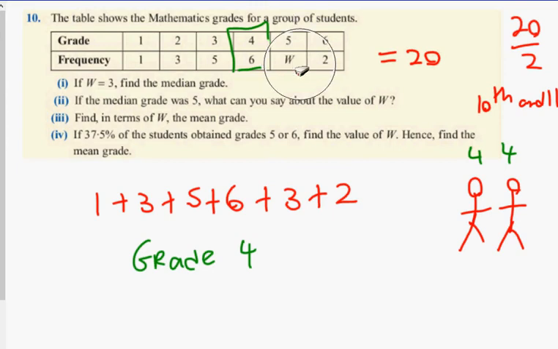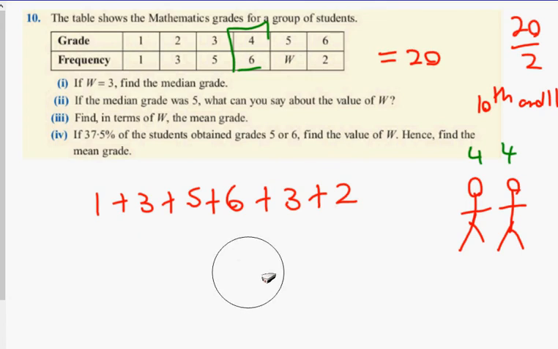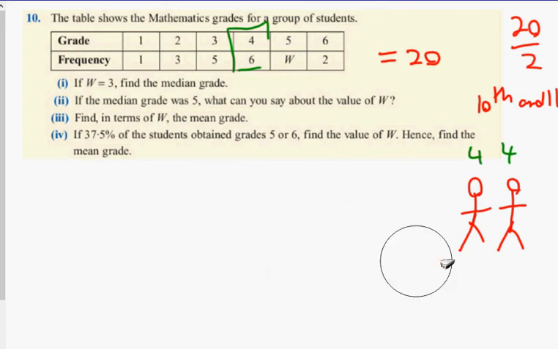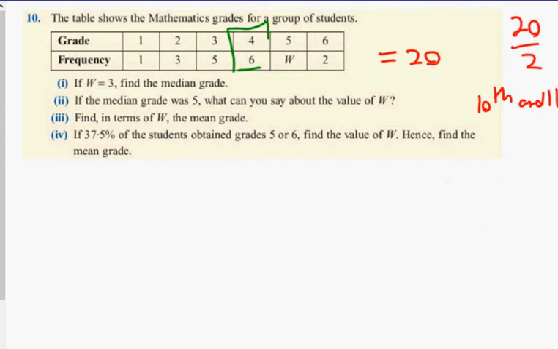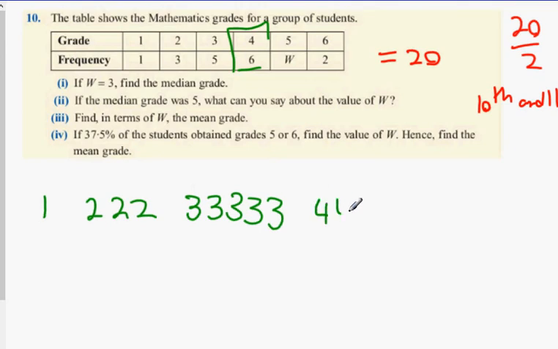Okay, W. If the median grade was 5, right, let's look at the current median as is, okay? So, what happens is, one person gets a 1, 3 people get a 2, 2, 2, 2, 5 people get a 3, 3, 3, 3, 3, 3, 6 people get a 4, 4, 4, 4, 4, 4, 4, and 2 6s at the end. Now, what you notice is